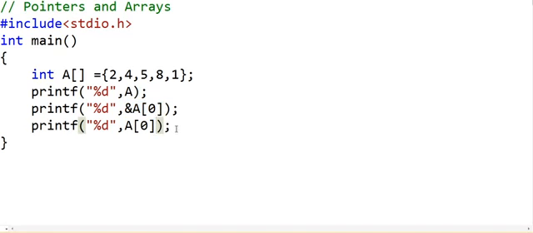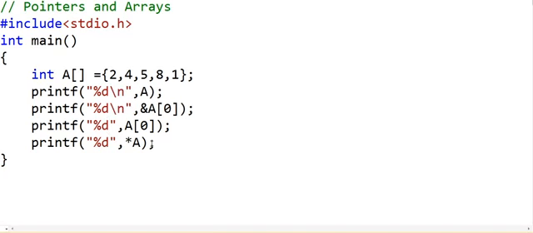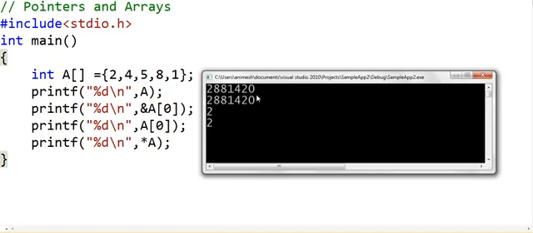If I simply print a0, it will print the first element in the array, and we can also print the first element by using the asterisk operator in front of the variable name a. Let us now run this and see what happens. I also need to put an end line after each of these print statements. Okay, so the output is that the first two lines are the same. They are giving us the address of the first element in the array,